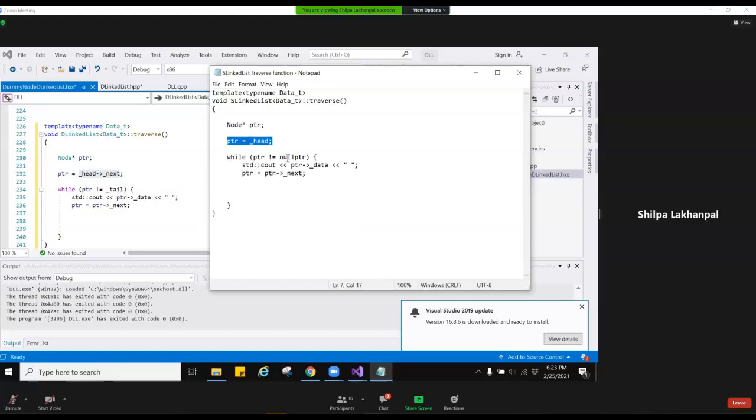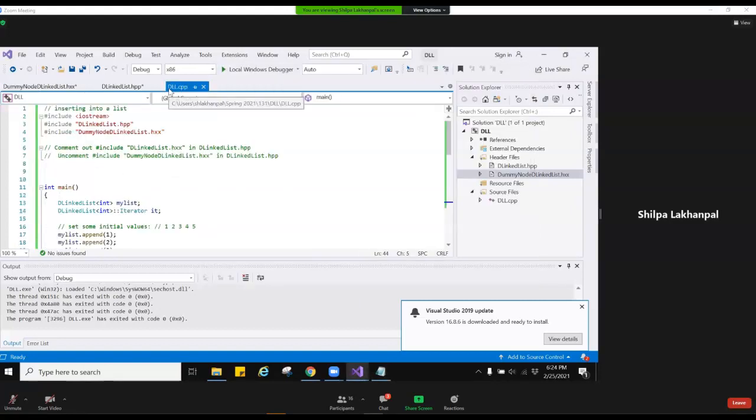In the single linked list, we check until we have reached the null pointer. In the doubly linked list, we check until we have reached the tail. Again, why? Because tail is the dummy. So those two changes you will see because we are using the dummy implementation for the doubly linked list. Rest everything is the same. You do the pointer's data, print it out, and then move pointer equals pointer's next.